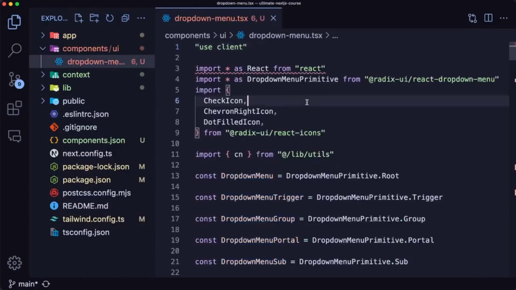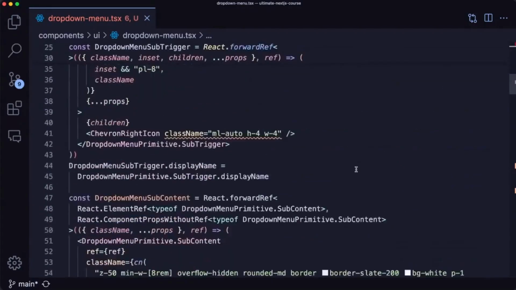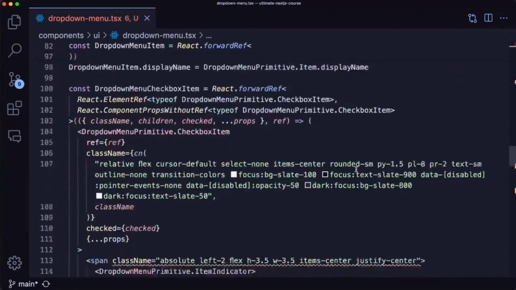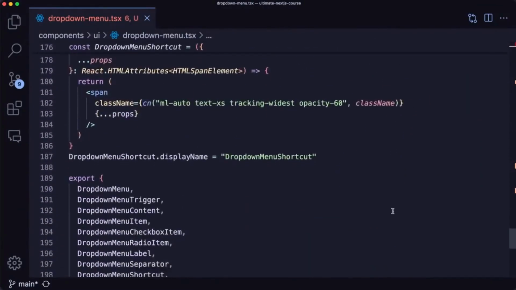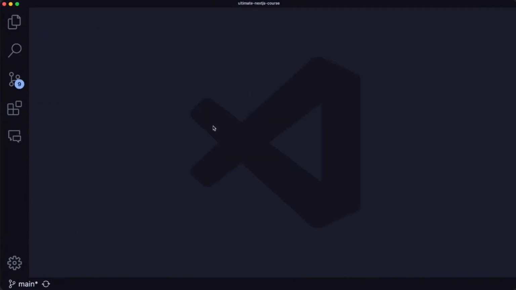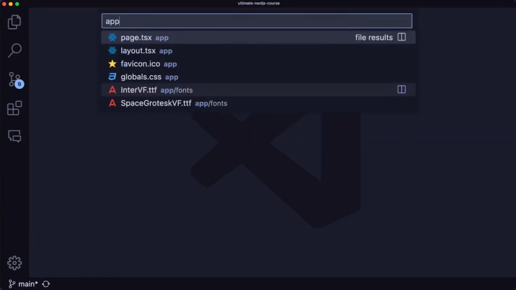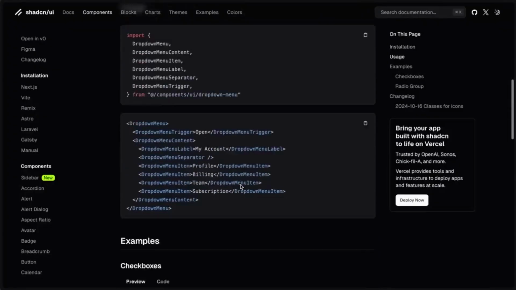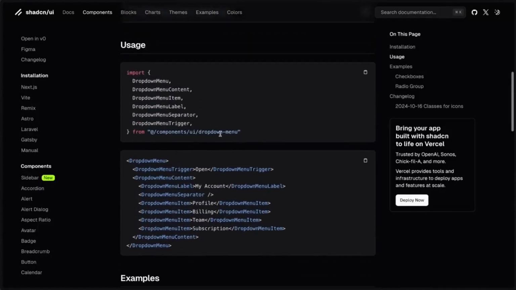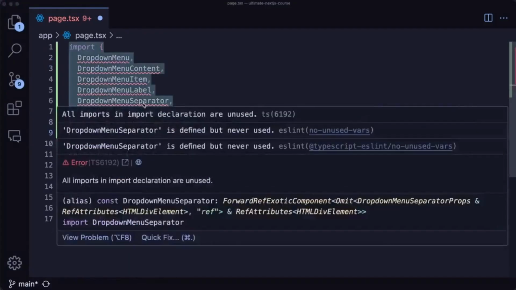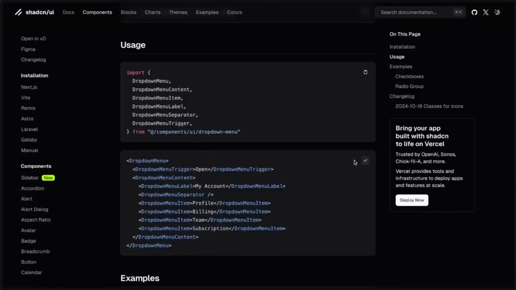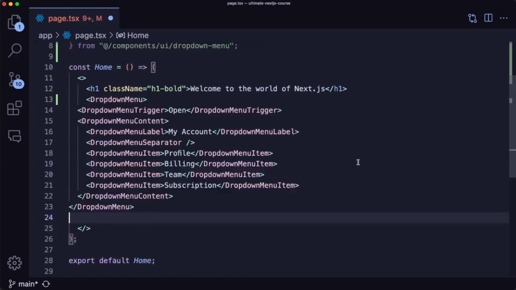And you can see the full code for our drop-down menu. There's a lot of code, but don't worry about it because you don't actually have to make any changes right here. You can just use it. Like if you go to the app, you can then see how the usage would work. For example, you have to get all of these imports, paste them at the top, and then you have to copy the usage, paste it below the H1, save it,